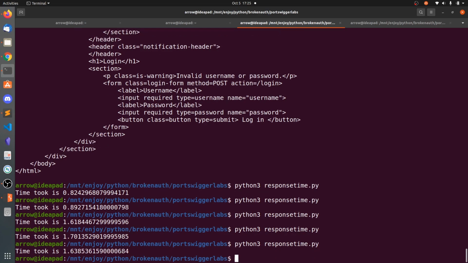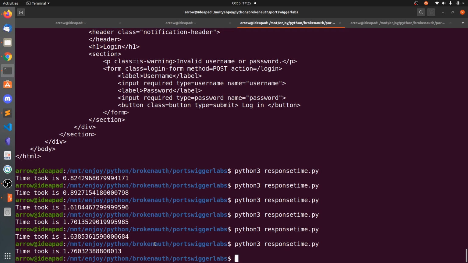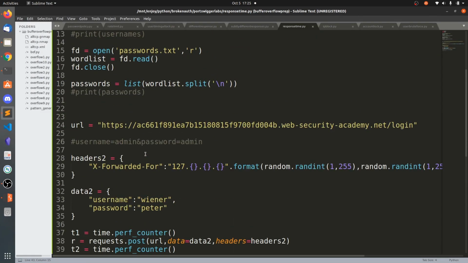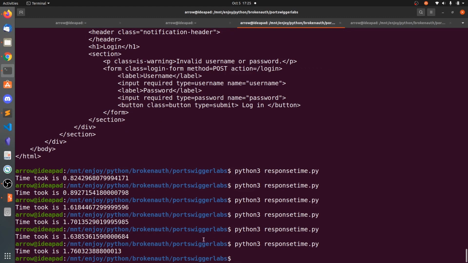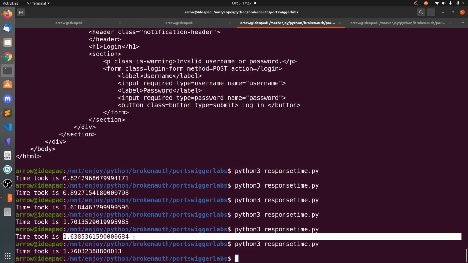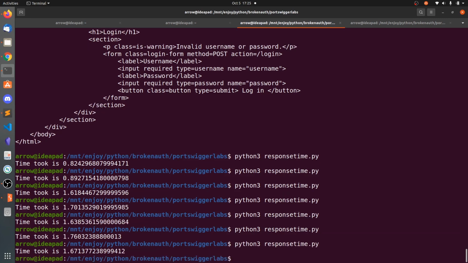If you know machine learning, you can actually build a model based on these timestamps and estimate the minimum time required for a valid response to be received. So we know that if the username and password combination is correct, we are getting greater than 1.5 seconds.